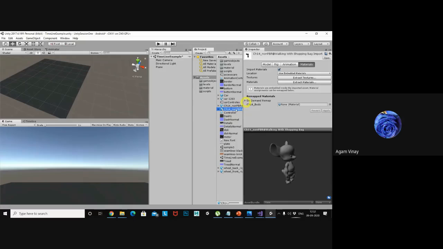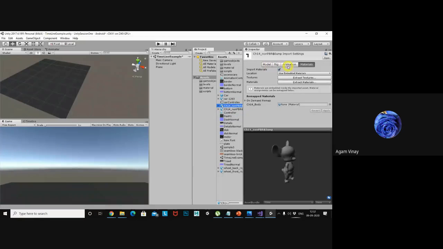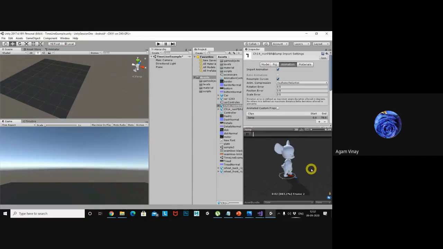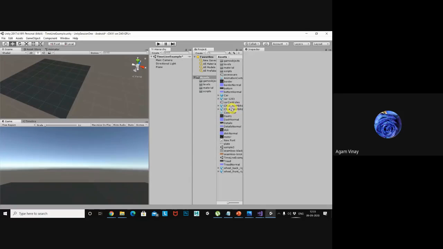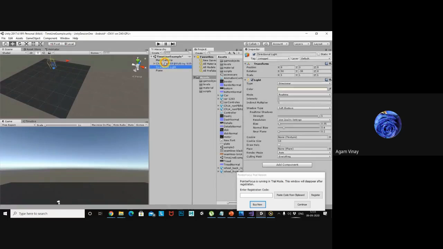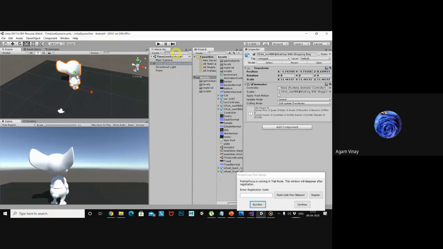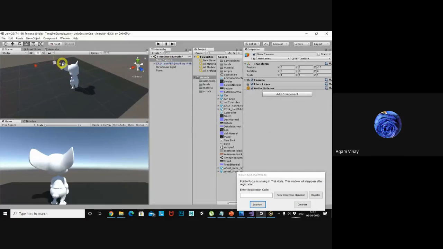Here also you can check your animations: select your model object, go to animation, and just play here. The animation will show here, and for this one, this is the walk animation. Now I want to use that one. I will just drag and drop it into my project. As its scale is very low, I am increasing the scale like this. I will set up the camera in front of him.